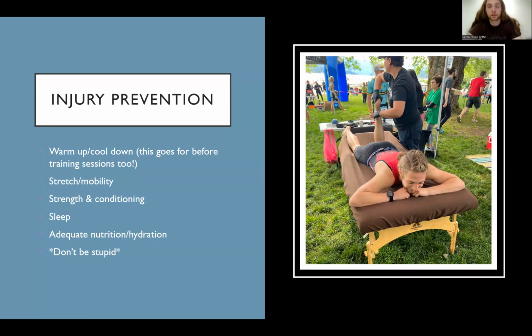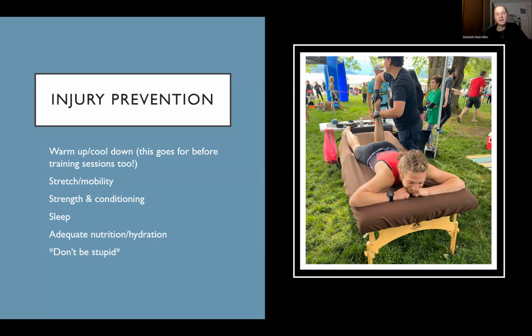Sleep is really important too for injury prevention. If you're not taking care of your body and letting it rest, you're not going to see the benefits of your training. So making sure to get enough sleep on a consistent basis is great. And then adequate nutrition and hydration. I don't exactly know how it works.